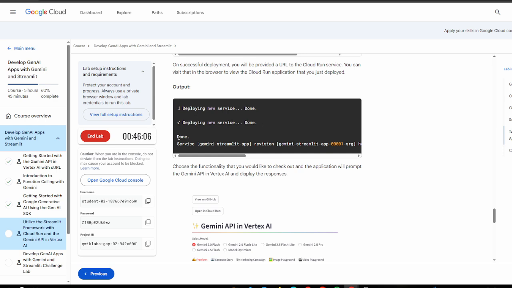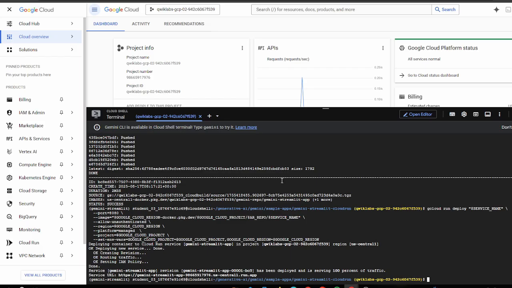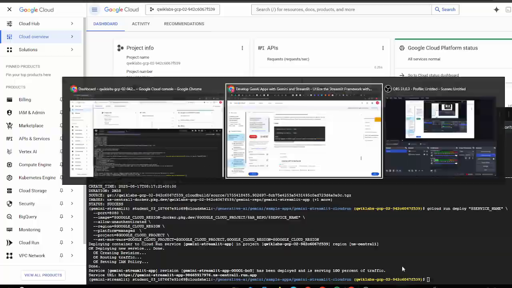Alright, now we will get an output like this: deploying new service, done, and a tick and done. It will look something like this, just as they have mentioned. We got it. Now what we have to do,